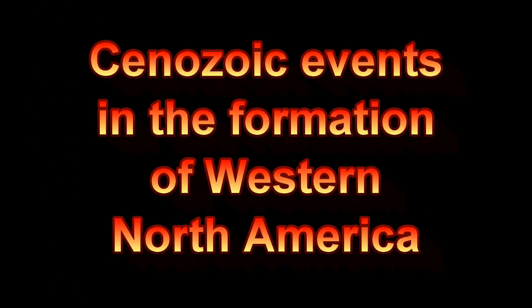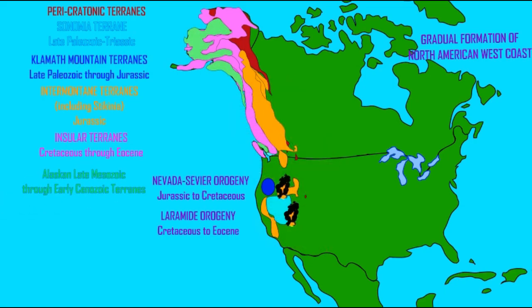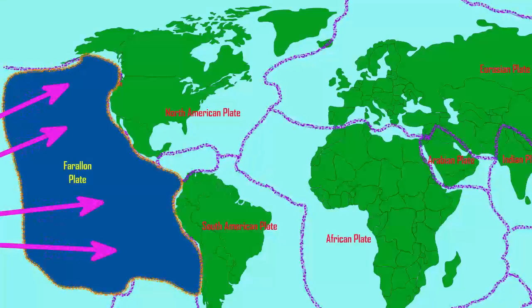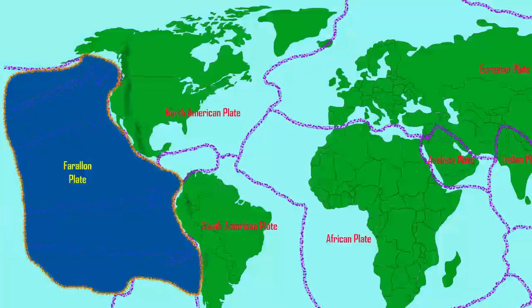While the majority of the mountain building in the western portion of North America had finished by the beginning of the Cenozoic with the orogeny of the Rocky Mountains, the Laramide orogeny ending in the Eocene, still more transformations occurred during the Cenozoic era. For example, while the Farallon plate, which had been so critical given that its subduction was